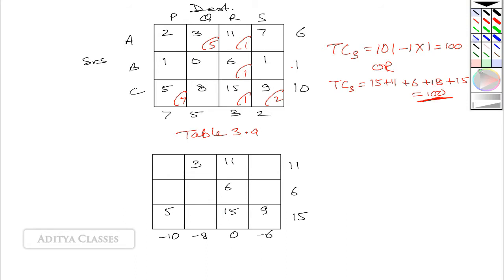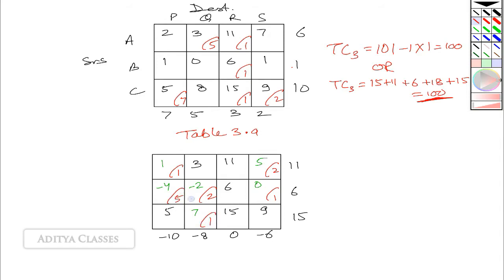And next step is to find the values of these empty cells. 11 and minus 10 would give me a 1, 5, 0, minus 2, minus 4 and 7. Let us go ahead and subtract these newfound values from the original costs. 2 minus 1 is 1, 7 minus 5 is 2, 1, 2, 1 minus 4 is 5, 8 minus 7 is 1.